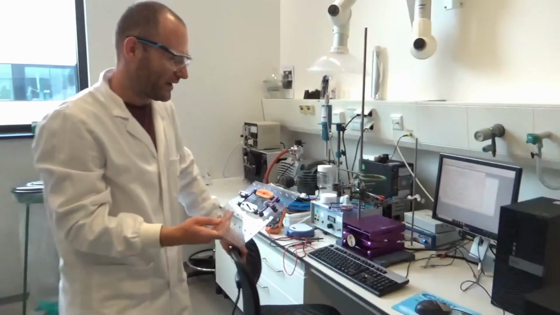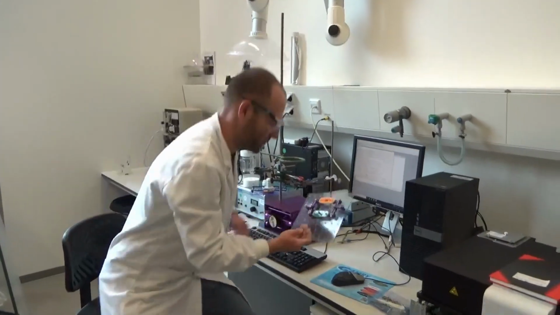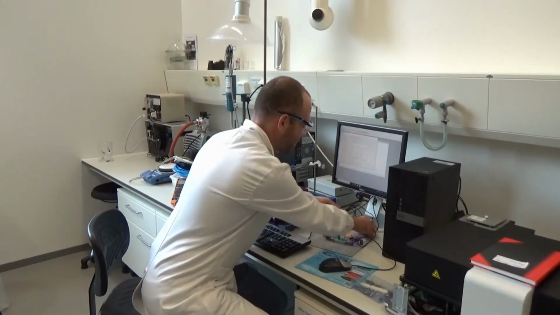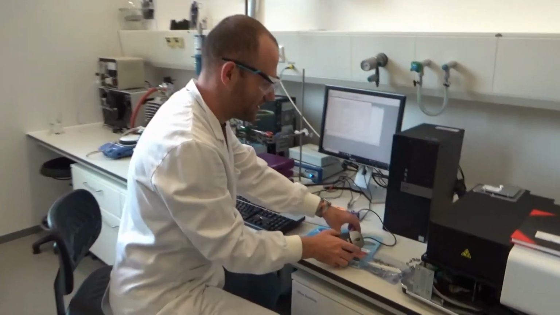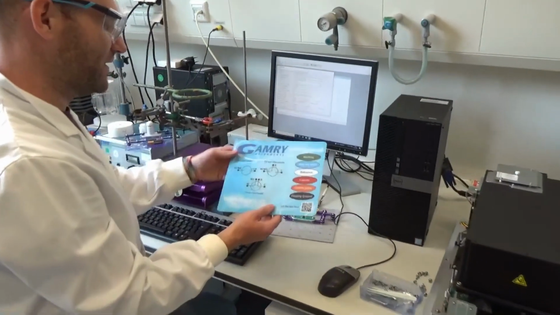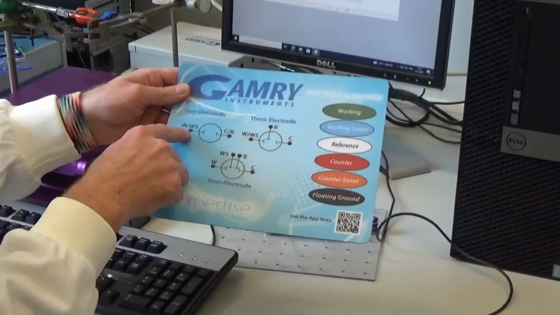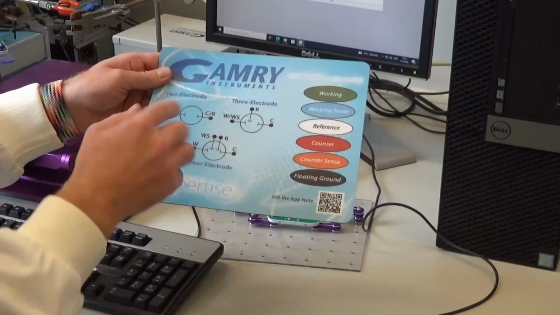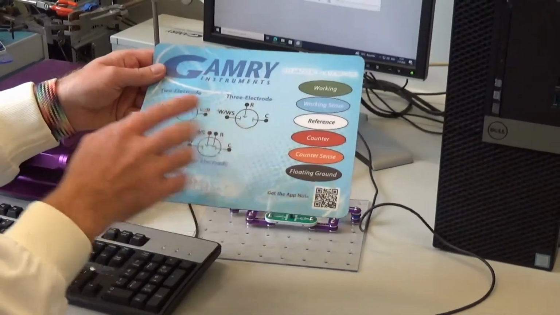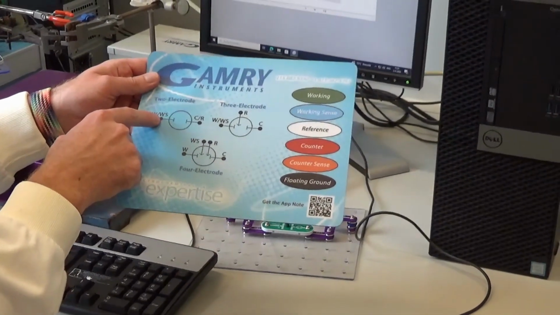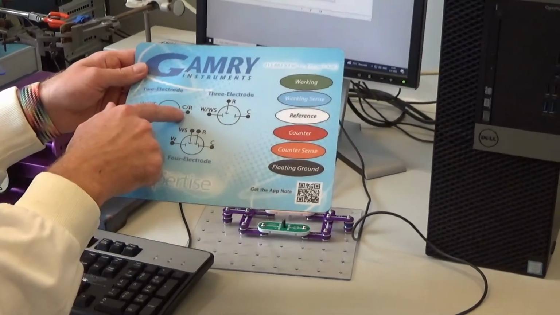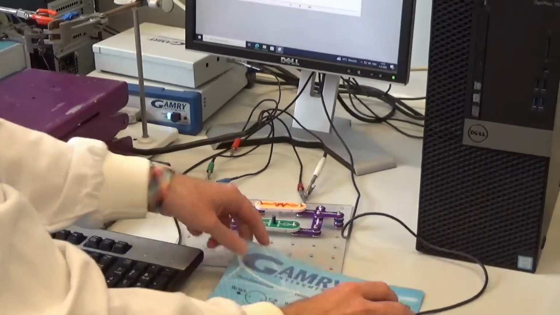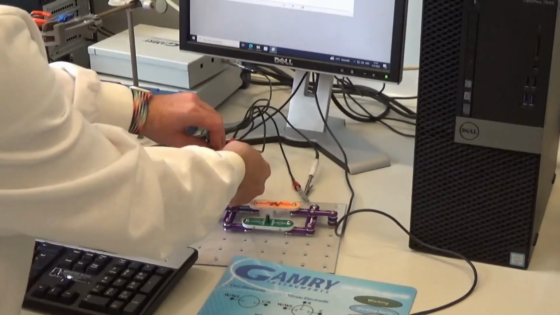So I'm going to connect that to the impedance spectrometer. And the impedance spectrometer has all these little wires here. And here you can see the different setups that we can choose. So we can have a 2 electrode, 3 electrode, and a 4 electrode. The most simple one is the 2 electrode that we are going to use, where we will have the working and the working sense on one side, and the counter and the reference on the other side. So I'm going to connect that.